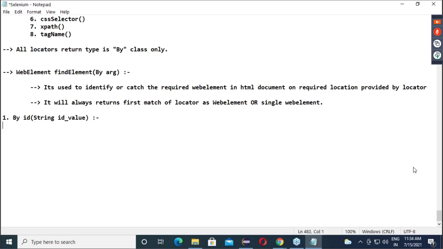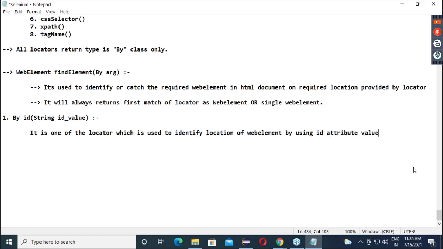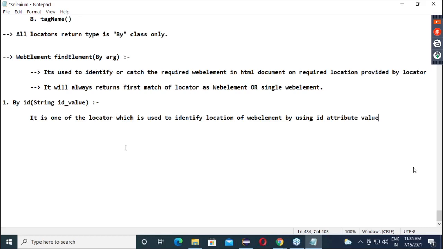So we can say it is one of the locators which is used to identify the location of a web element by using the ID attribute value. Okay, so this is the meaning of this.